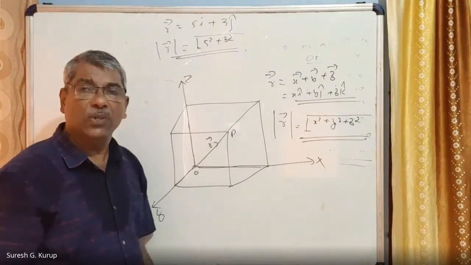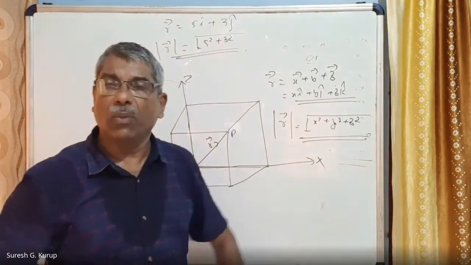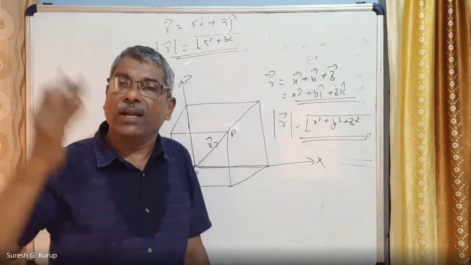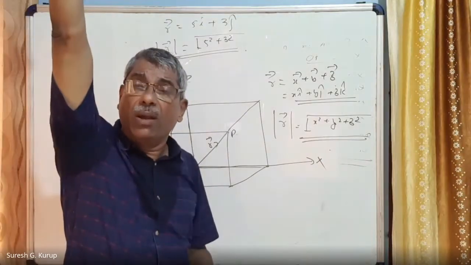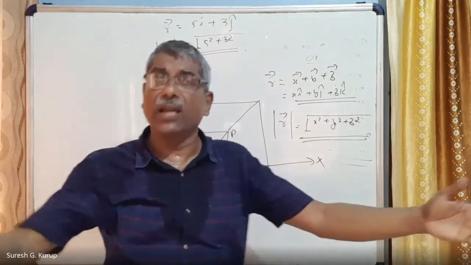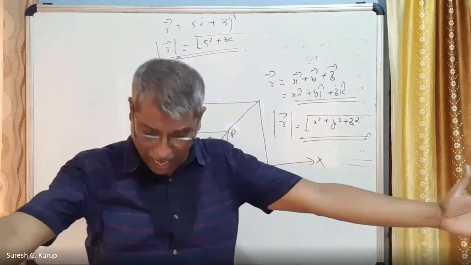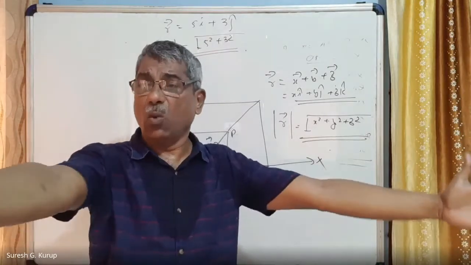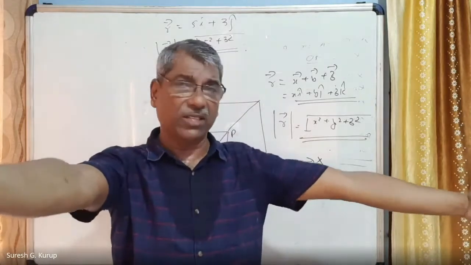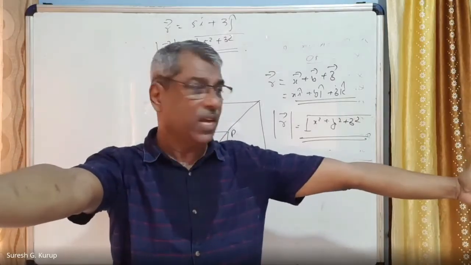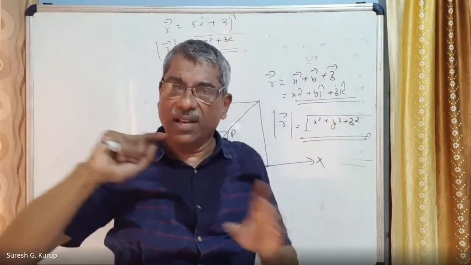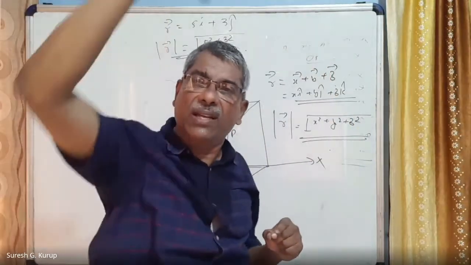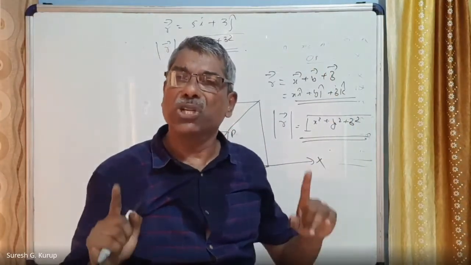Suppose a small little boy is flying a kite in a ground. The kite is at a very high position. And where you are standing and controlling the height, that position is called the origin. One hand you stretch, that is x-axis. Other hand you stretch at 90 degrees, that is y-axis. The head goes the z-axis. And the position of the kite, that vector is called a position vector.